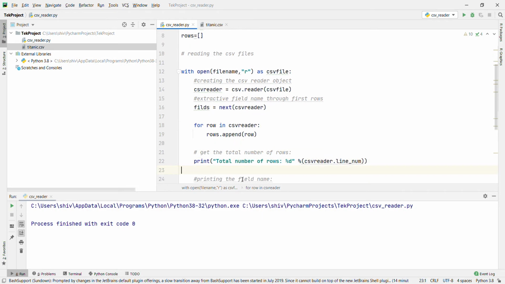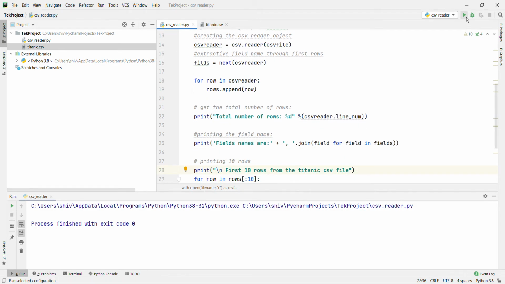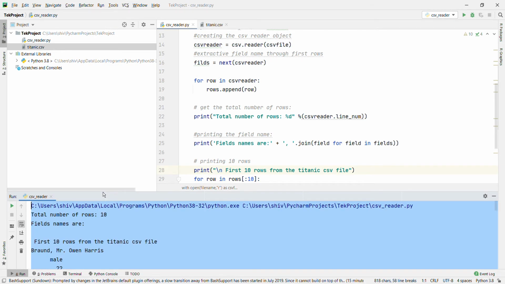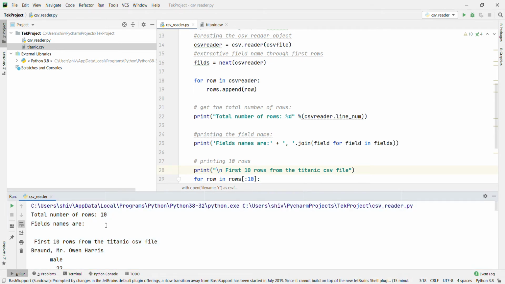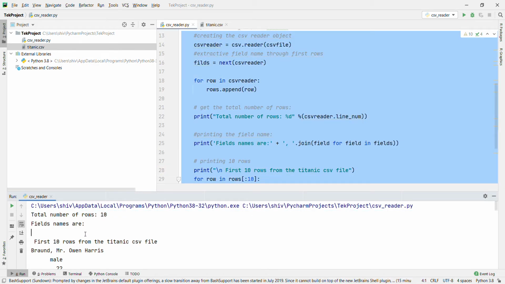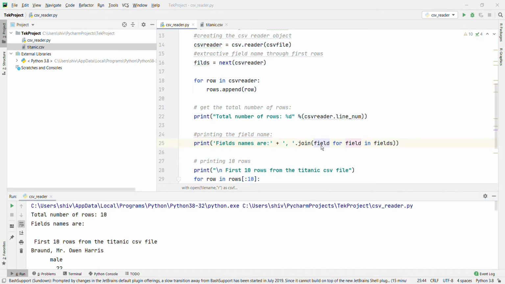Now, what's next: here we are going to count how many rows are in the CSV file. It returns the number of rows which have been read. Now we are going to run this one. Let's see what the output will be. Let's go to the top. What's the number of rows here? Ten. The field names are showing empty, something went wrong there, it's not joining.